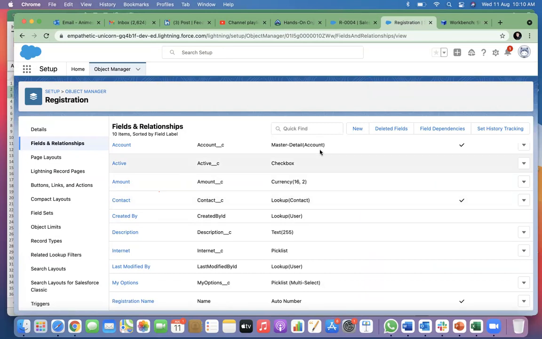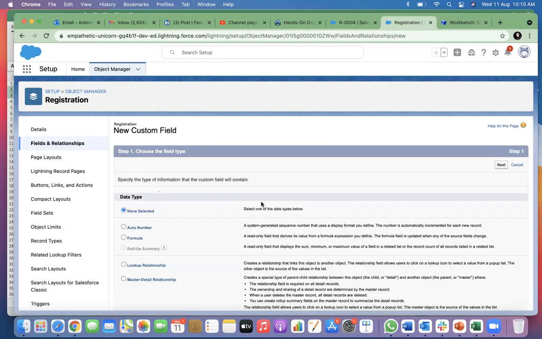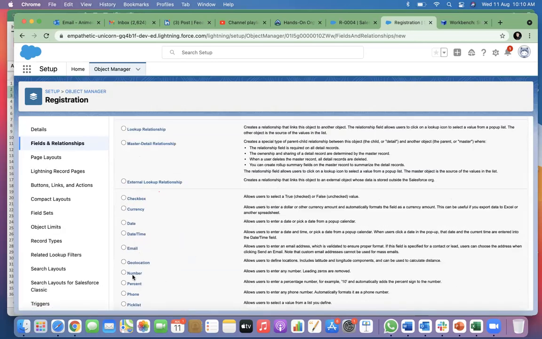The difference between currency and number is that number will have something decimal something, but in currency you will have something decimal currency plus the currency type. Is it a dollar? Is it an INR? Is it something else, Pakistani currency?